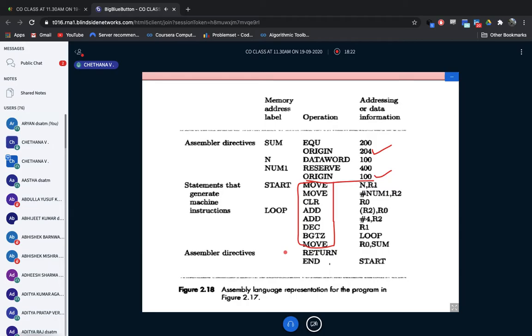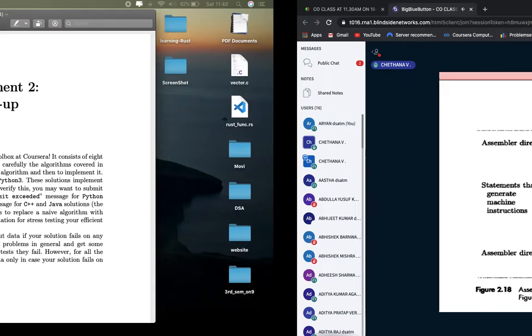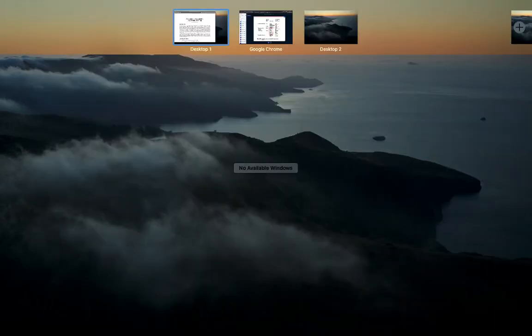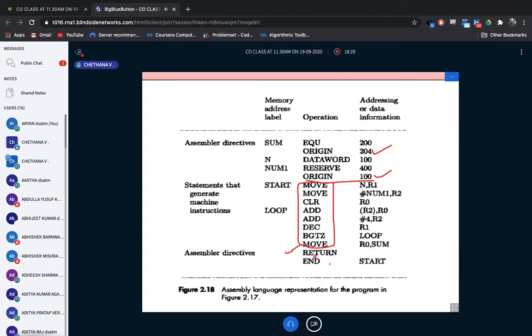The next assembler directive is return. Return means after this complete program has been executed, you go back to where you were called, where some program has called you. Go back to that particular address, that called program. Return indicates return to where somebody has called you.